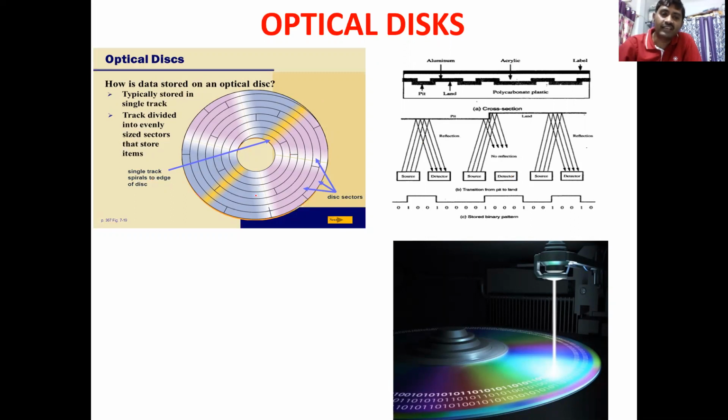Even if you observe clearly, see here, the lines will be circular, so it will be divided into tracks and sectors. The data will be placed on tracks and sectors, right? Data will be written into or read from the disk. In this way, this diagram shows the data in the form of zeros and ones only.